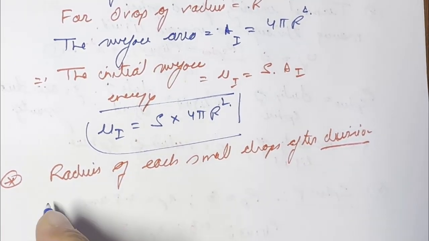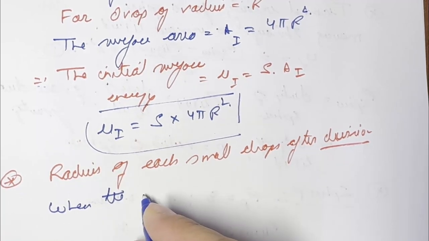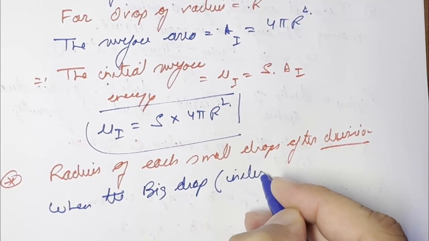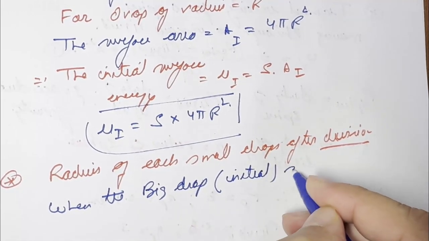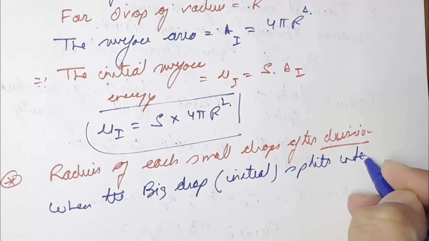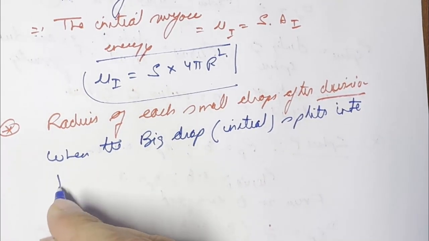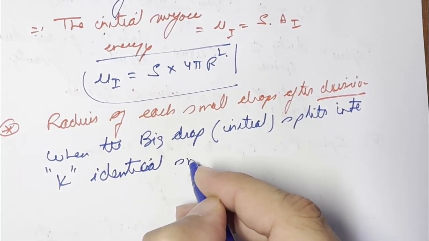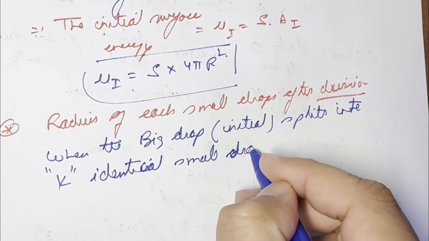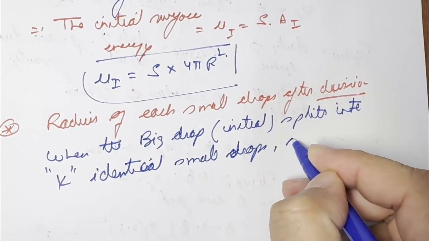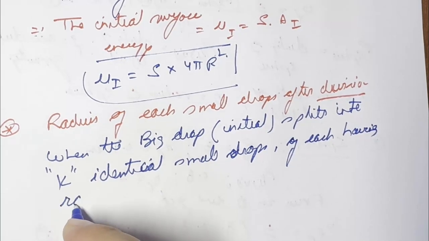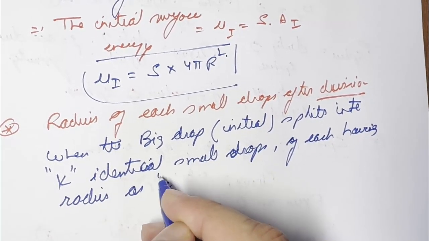We are given that when the big drop, which basically means the initial drop, splits into k identical small drops, each having radius as small r,